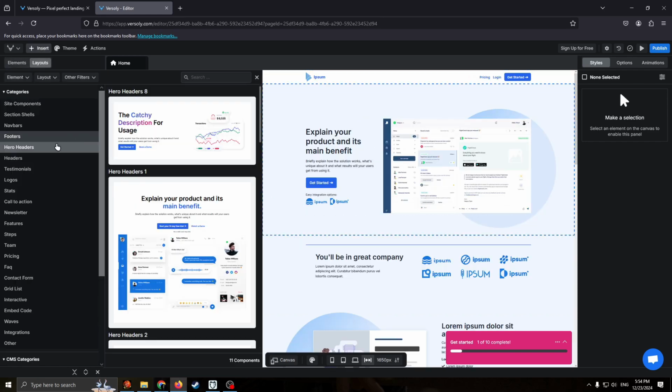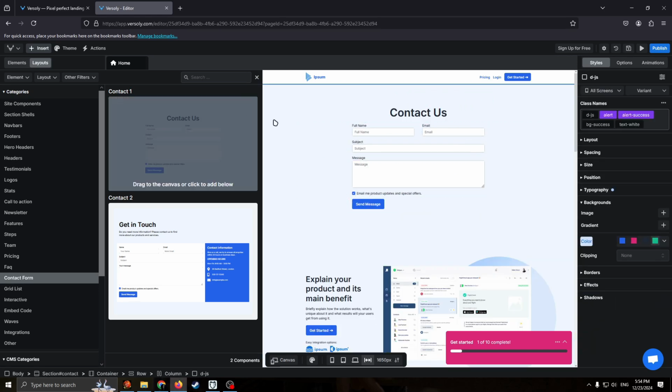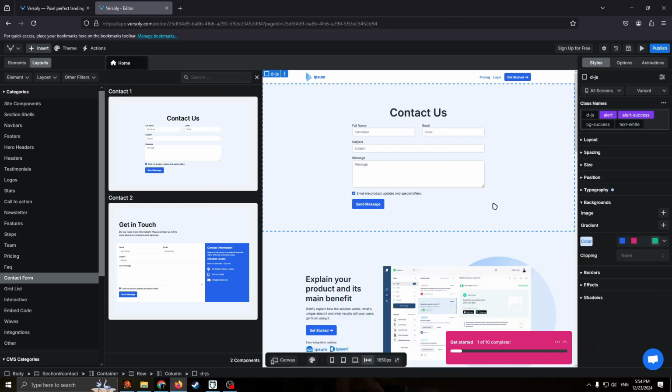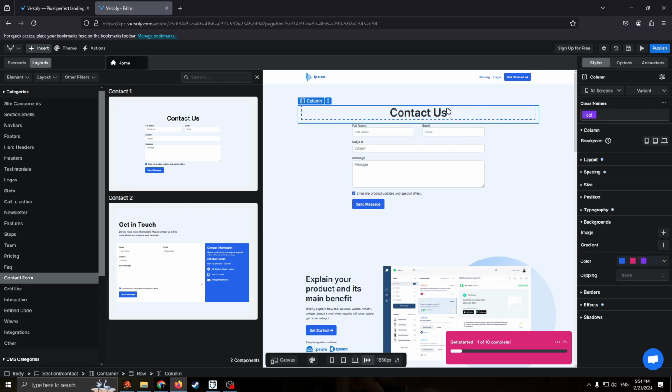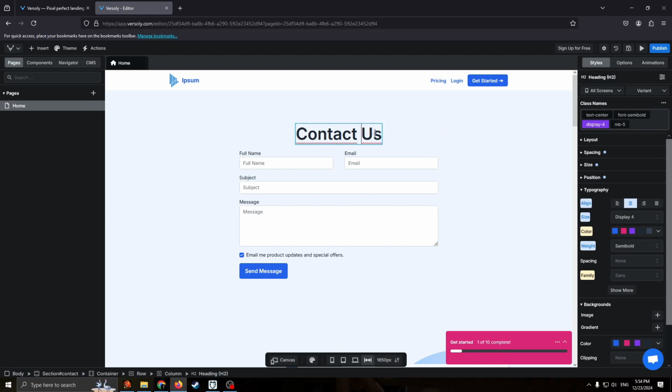And you can add blocks here. For example, let's have contact form here, and drag this section here, or maybe lower, whatever. And you can change layout here, spacing, sizes, position, backgrounds, images, colors, all this stuff. You can work with this text. Let's close it. You can delete it. You can write whatever you want here. For example, I don't know,